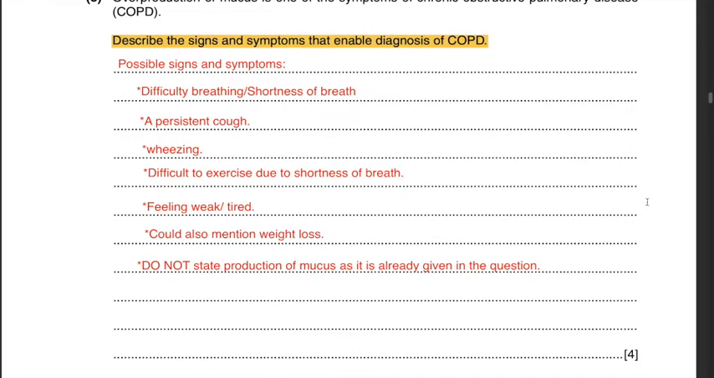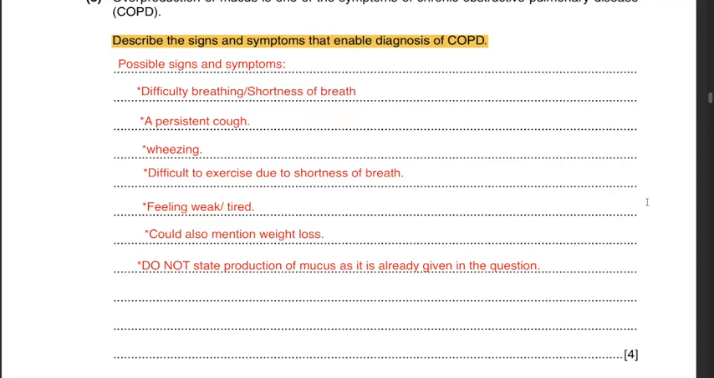Overproduction of mucus is one of the symptoms of chronic obstructive pulmonary disease, COPD. Describe the signs and symptoms that enable diagnosis of COPD. Possible signs and symptoms, if you recall the chapter involving COPD, would be difficulty in breathing or shortness of breath, a persistent cough. You could also mention wheezing, difficulty to exercise due to shortness of breath again, feeling weak